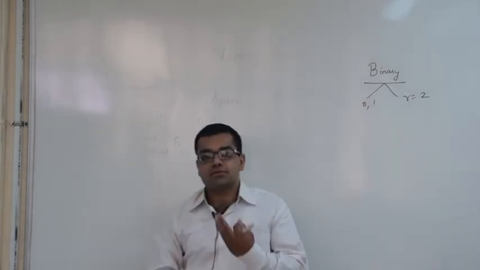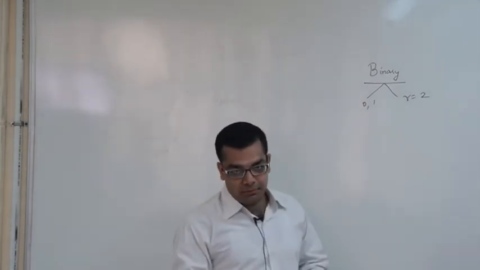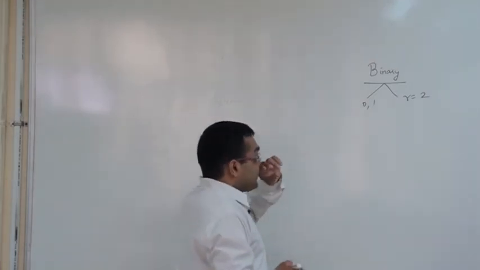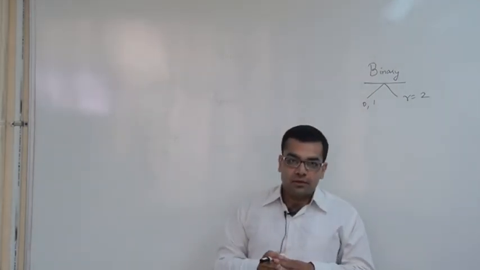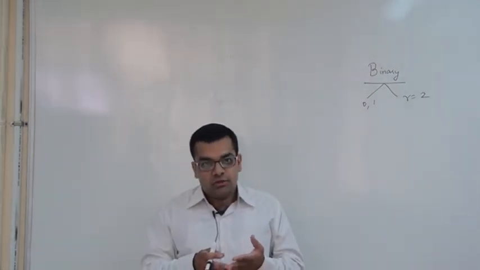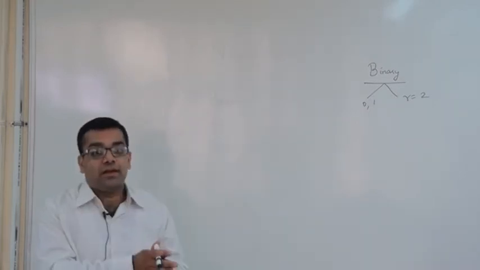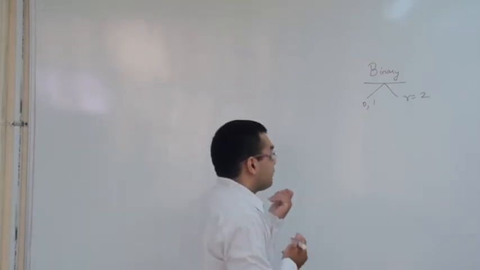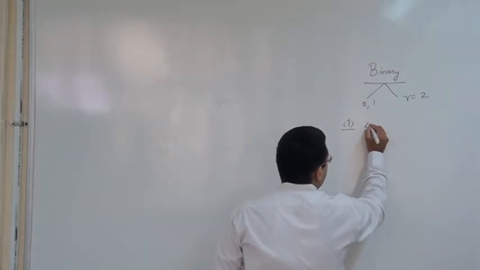Similarly, other number systems also exist, like octal and hexadecimal. We'll come to them later. Now ultimately the idea is, since the human understandable number system is decimal and the computer understands binary, some method is required for conversion of decimal to binary or the other way around. So first of all, we'll be talking about the concept of conversion